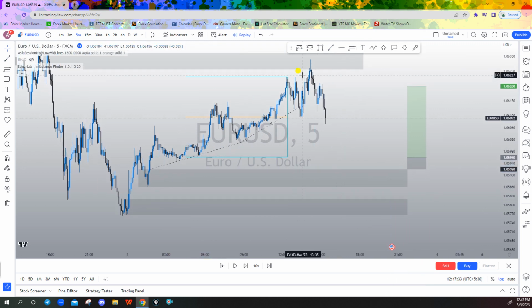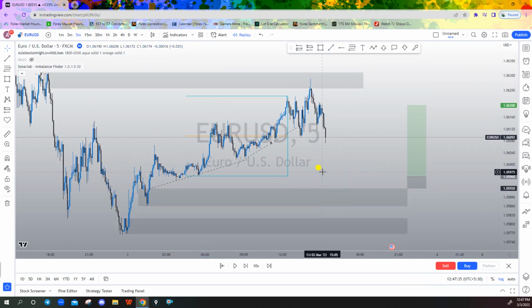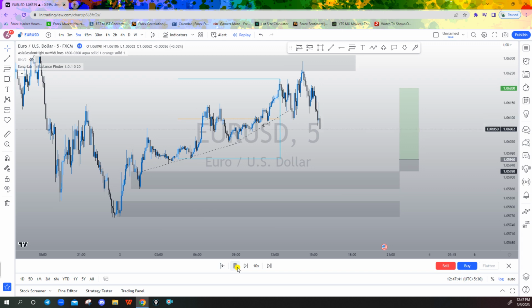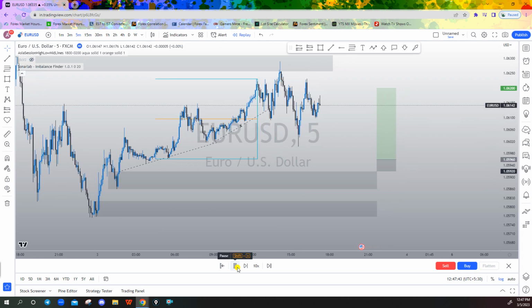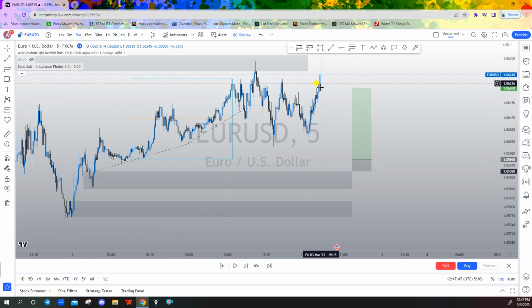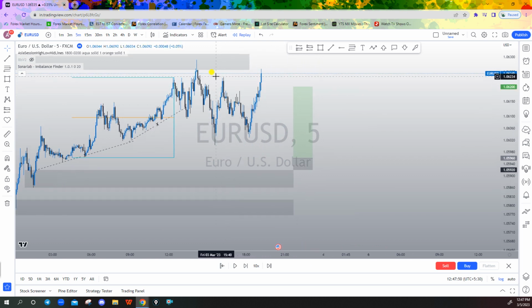So the people who shorted the market in EU, they will be expecting to book their profits once it breaches this Asian point. So let's play this. It came up and did come down, right? I could have looked for an entry over here when it came again to the top side,